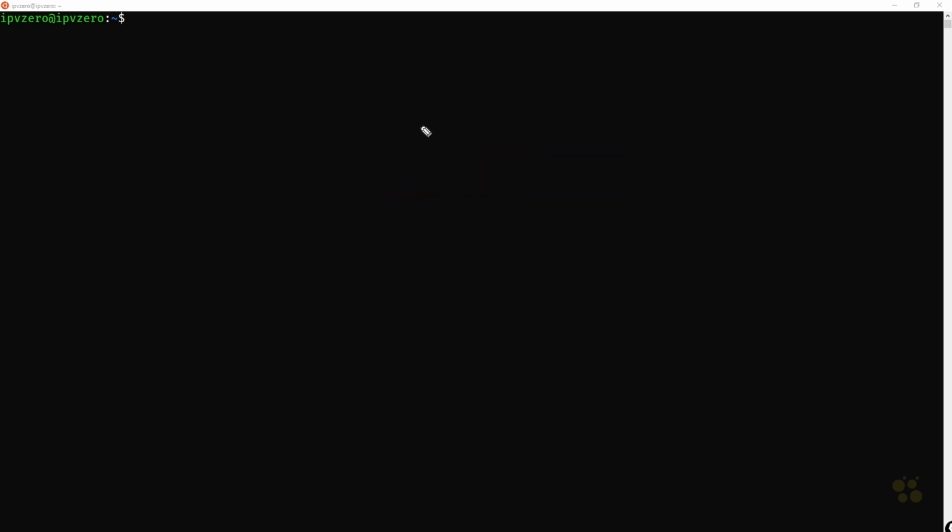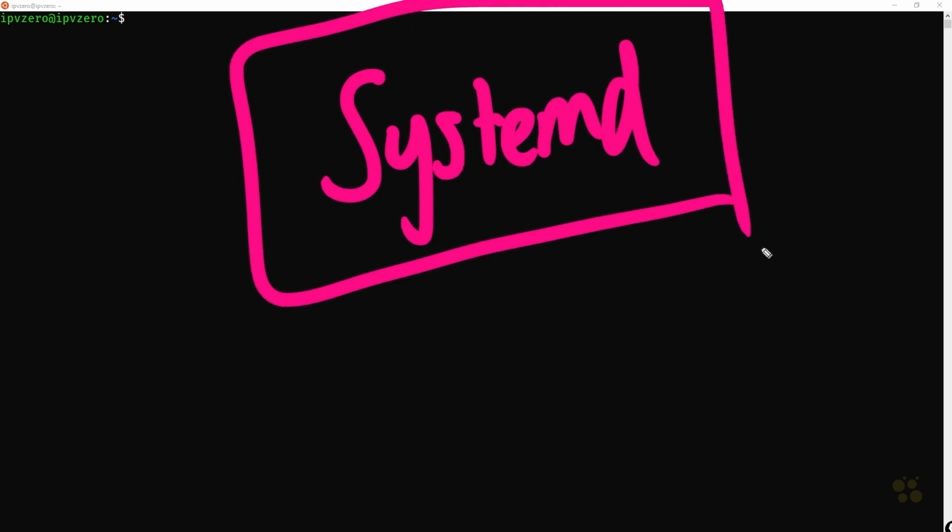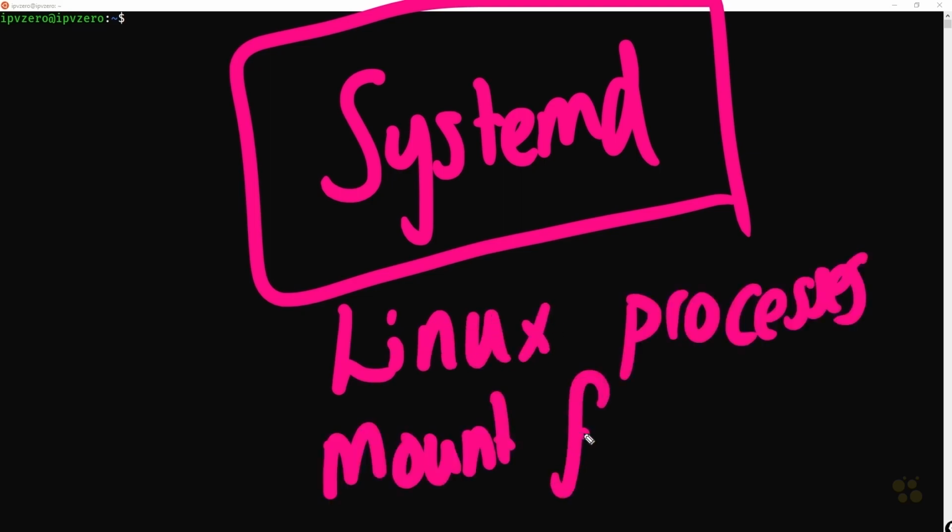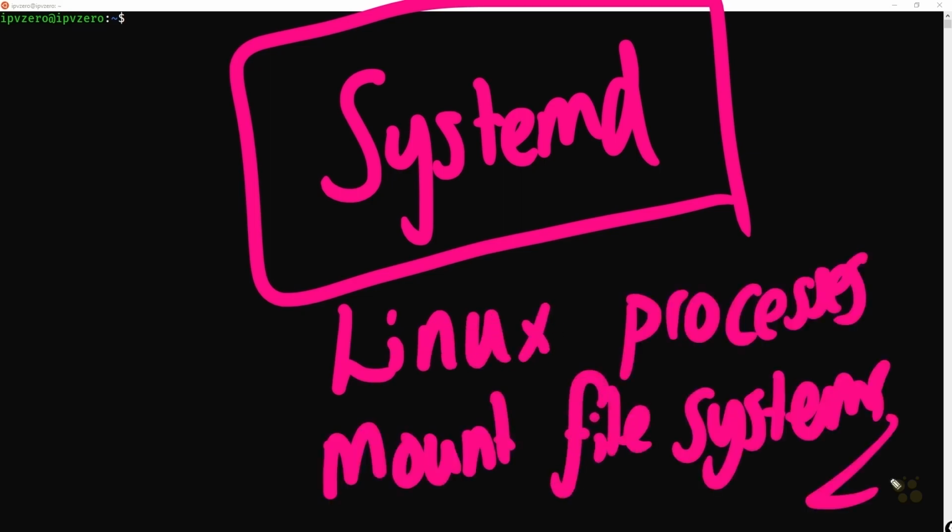But like I say, systemd is the more modern version, and what systemd is going to do is handle all of the other Linux processes, as well as mounting the file systems. Now, like I say, we'll get to look at systemd as well as sysvinit, as well as another variant called upstart within this very skill. But ultimately, despite these variations,